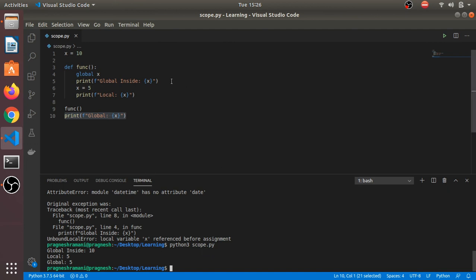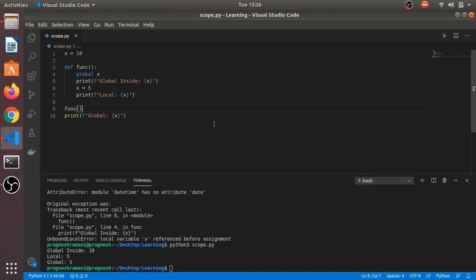So as you can see, we have accessed the global variable using the global keyword, and we have changed the value of that variable. So this also changes the value of the global variable, and it will affect outside of the function also. So this is how you can use the global and local variable.